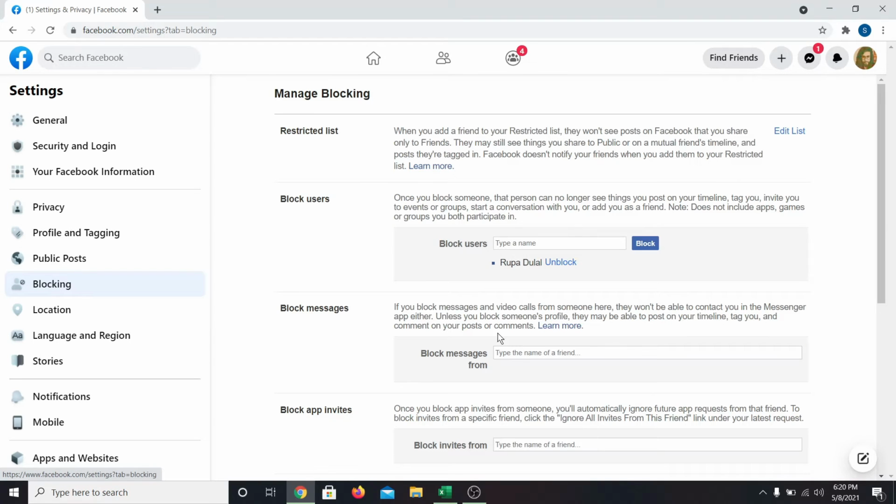In this page, underneath the Block Users section, you will be able to find your blocked users list. You can also search for users from the Blocked Users box by typing in their name and then clicking on the Block button. In order to unblock other accounts that you have blocked in the past, click on the Unblock